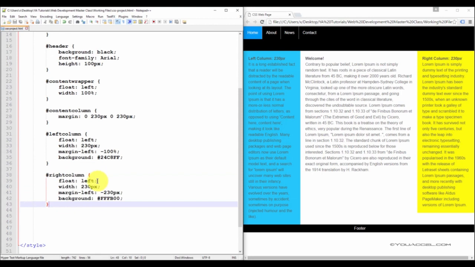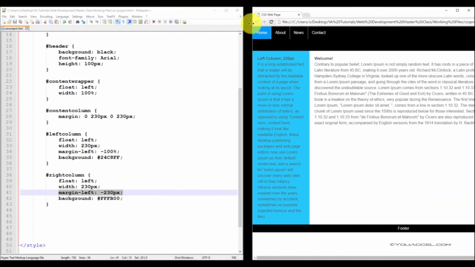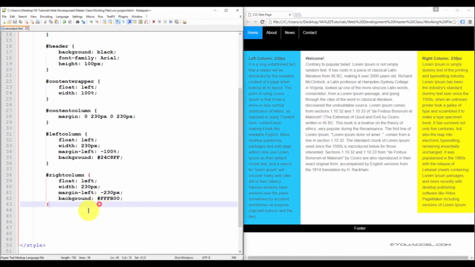Now for the right column, again, set the float to left, width to 230 pixels. This time set the margin left definition to negative 230 pixels. Again, this is for the purpose of making sure that the columns stay in the right position, regardless of the browser's size. And we've set the background color to this value, which is this yellowish background,